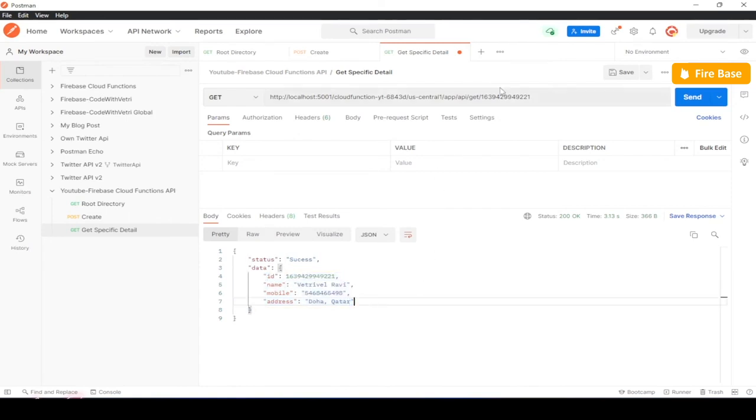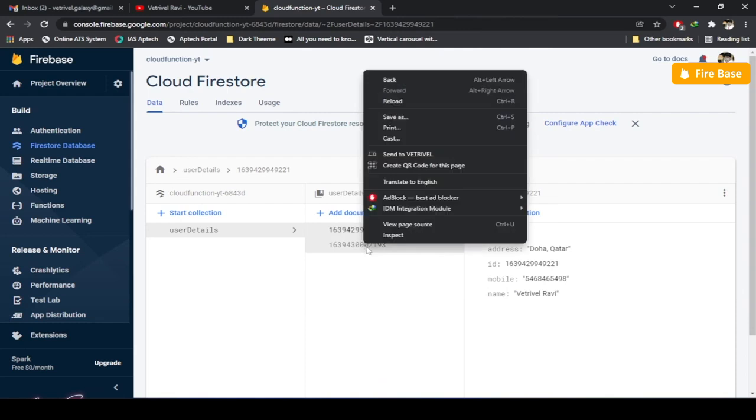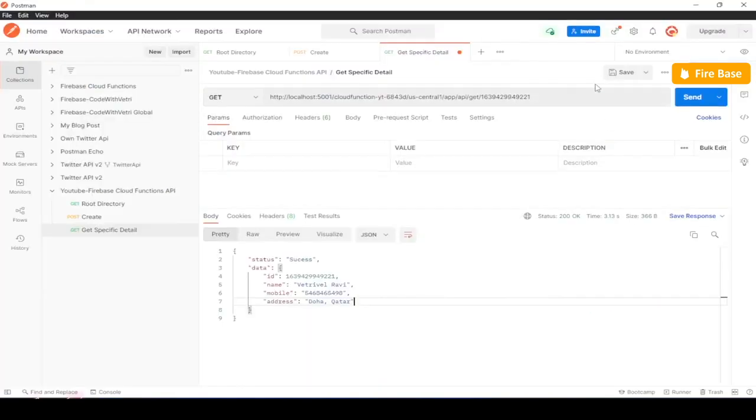It's returning perfectly. Now if I check one more time, I'll copy another ID and change this ID over here, hit the send button, and that gives me the detail of that particular ID. So our get detail is working fine. Cool. Now